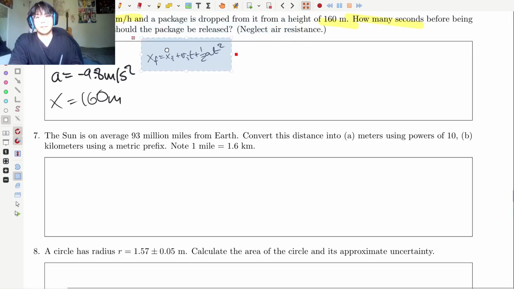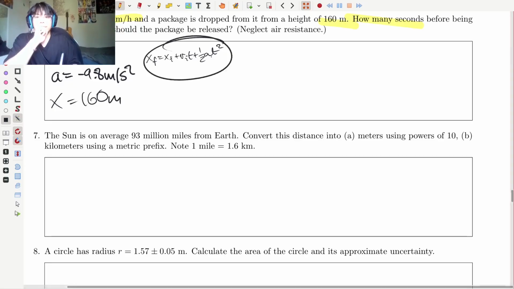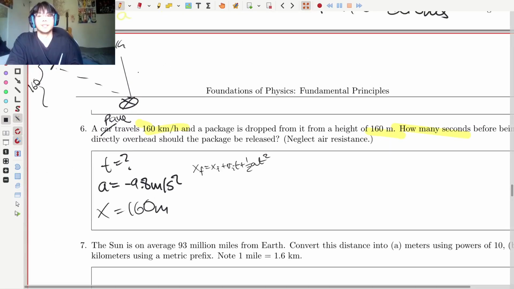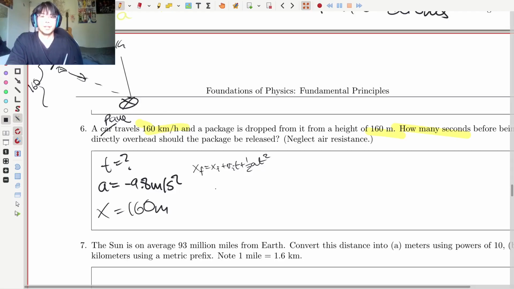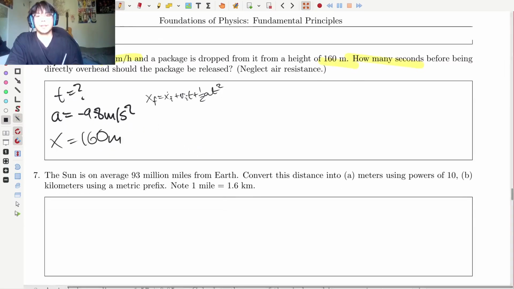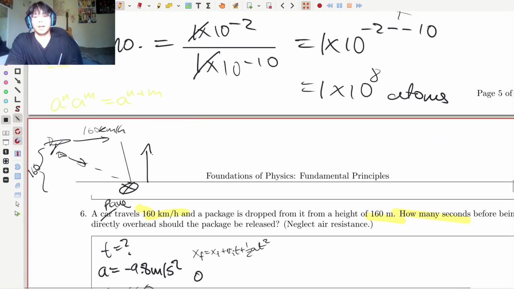So then we have that our xf will be 0, because we're considering that this equation is relating to the motion of the package, not the plane. So this is our package and it's going to fall along this path. So our final displacement of the package we say is 0 because we're going to measure up as being the